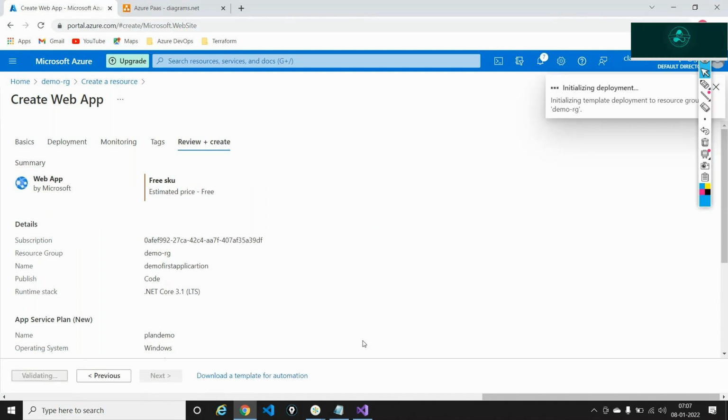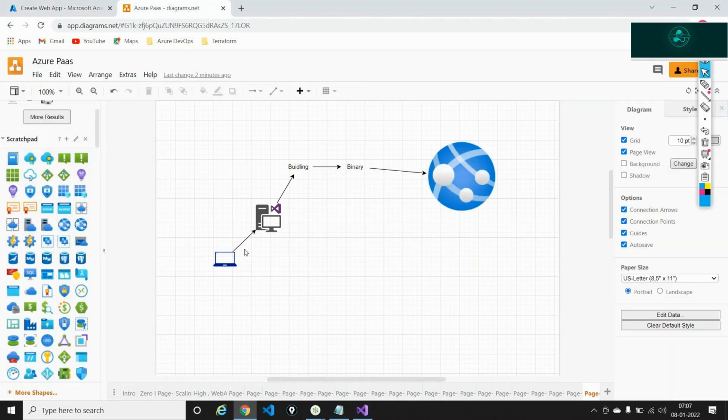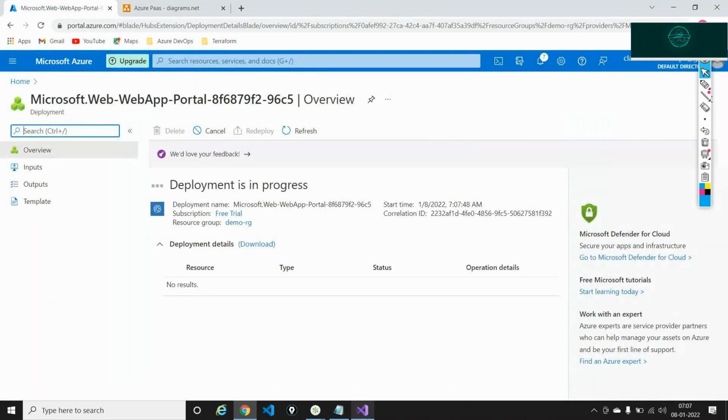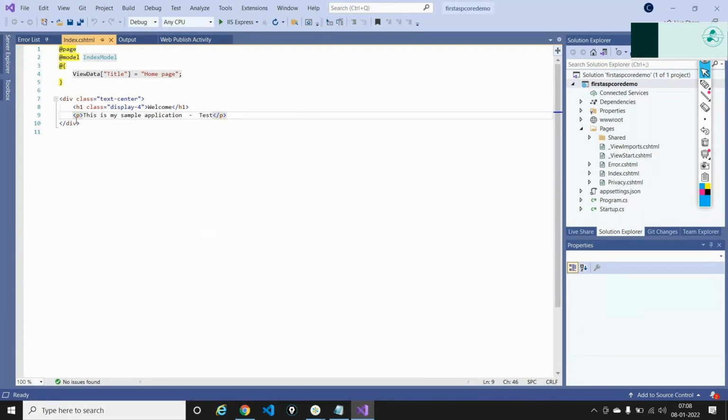So my infrastructure is getting ready, and right now I want to do a deployment from my local machine using Visual Studio. So using a build process, then using a publish process to take this to, let's say, an Azure Web App running in Central US. This is what I want to do, and this is where we are. We said this is my test application.